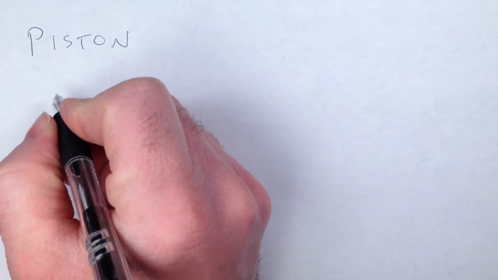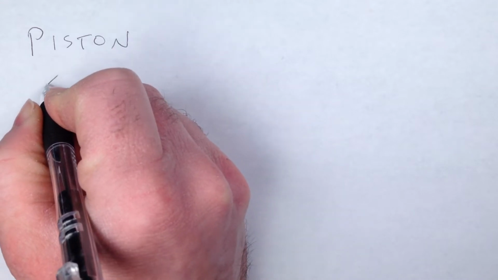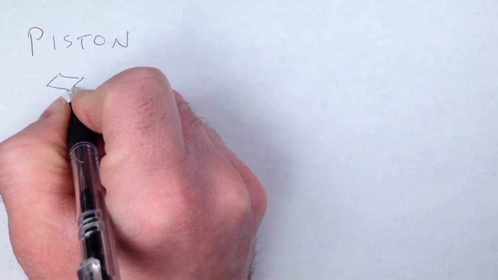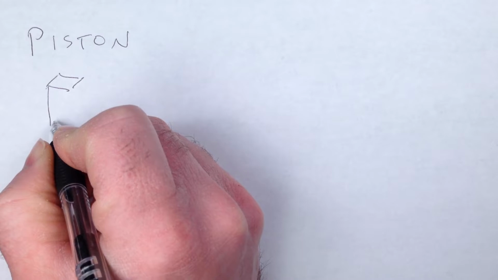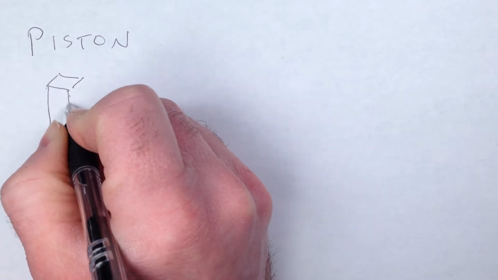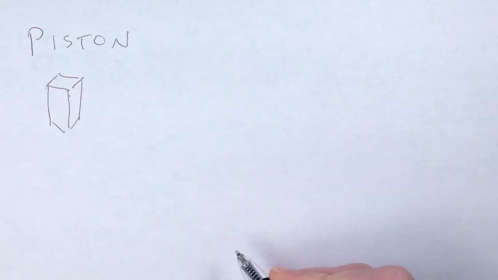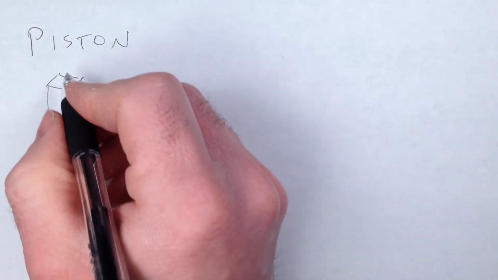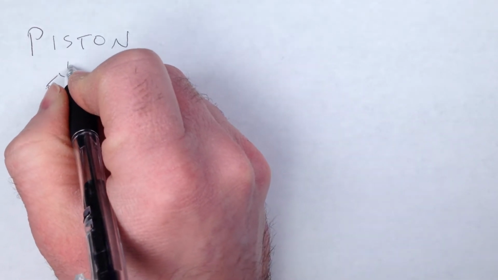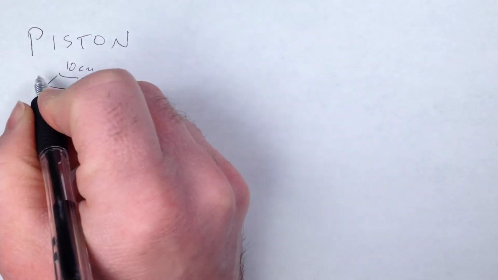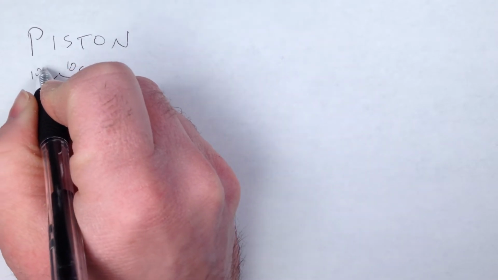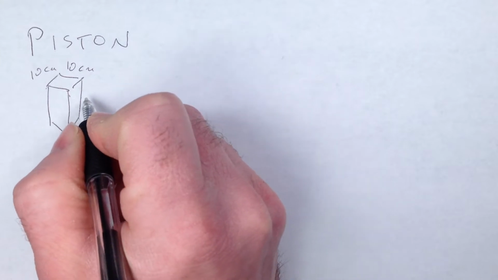So here's the container we're going to have. We're going to make it cubical, so it's a lot easier to handle. Or at least a box. So let's go with my famous Mr. Estes geometrical art. That's all right. So this is going to be 10 centimeters by 10 centimeters by